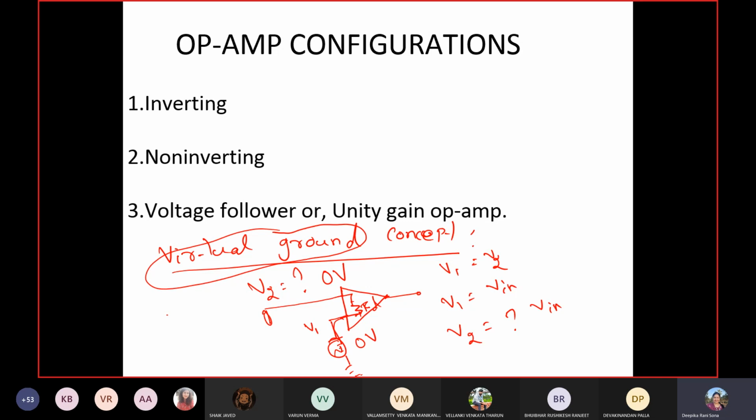How do you get the output voltage within the 30 volt limit? That should be our range, no? Our output voltage should be within the limit of 30 volt. Otherwise, what will happen? If the voltage exceeds the limit of 30 volt, then? After design, no, it is a general property called the voltage transfer characteristic. It will saturate.